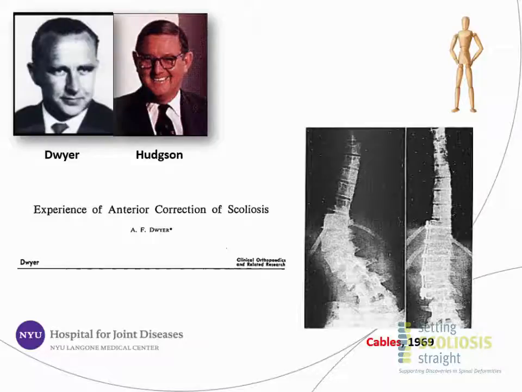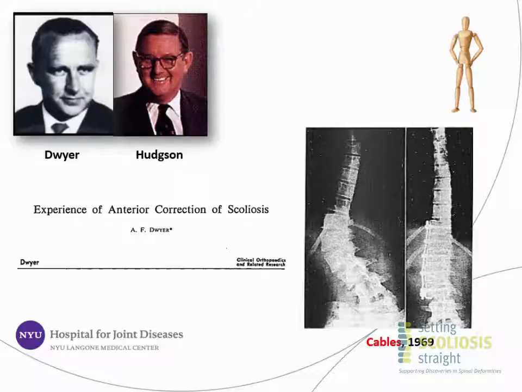But I want to introduce this concept of how a worldwide evolution of physicians came to start thinking about scoliosis and how they could better the treatment. And these two gentlemen are from different parts of the world. Dwyer was from Australia and also took care of a lot of neuromuscular patients. And Hudson was in Hong Kong and treated a lot of patients with scoliosis, and they became very adept at